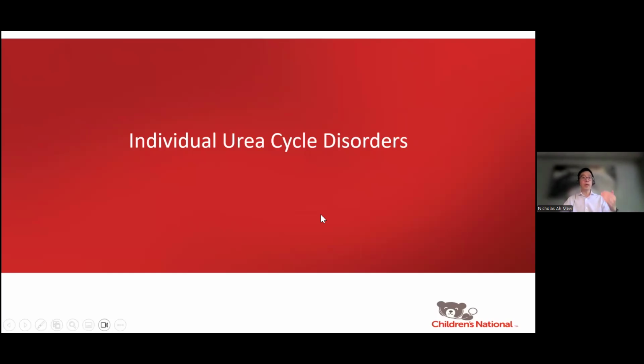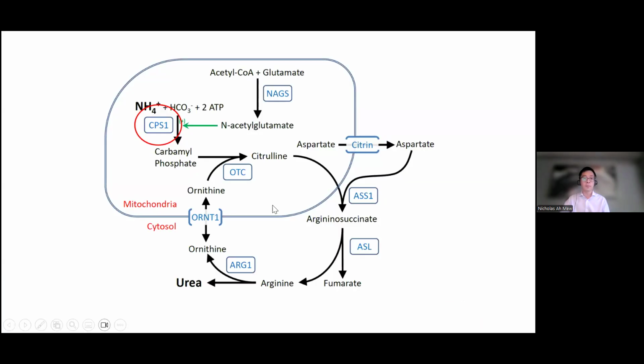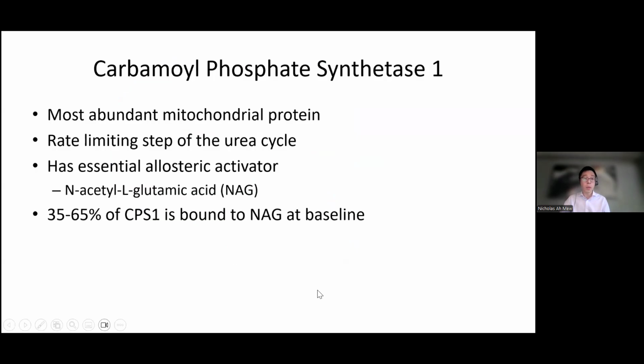So I want to go through, relatively quickly here, some of the individual urea cycle enzymes, as well as the disorders that are caused by them. And we'll start here with CPS1. So CPS1 is the first and rate limiting step of the urea cycle, and it in fact is apparently the most abundant mitochondrial protein. It has an essential allosteric activator, which is N-acetylglutamic acid, or NAG, and